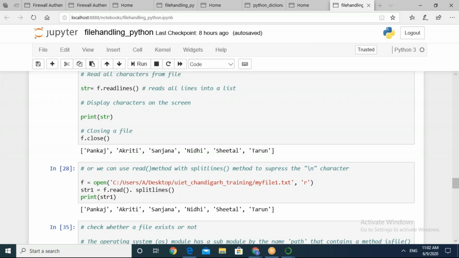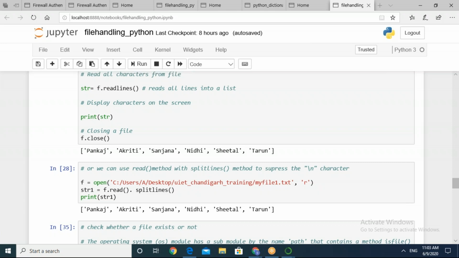Open a file in write mode and write a set of lines into it. I said set of lines, or you can say make a slight change in it: write a program to write a file using the writelines method. Try it using the writelines method, and it is to be used for appending or writing to the file with more than one string.